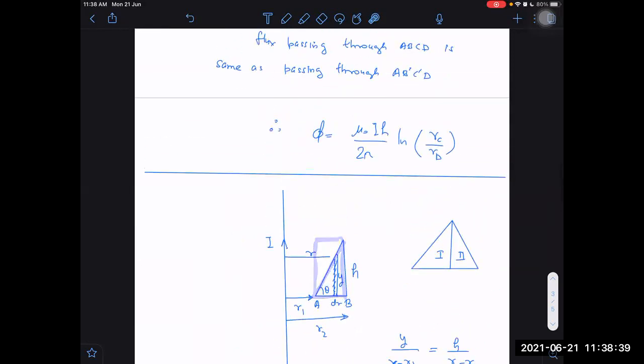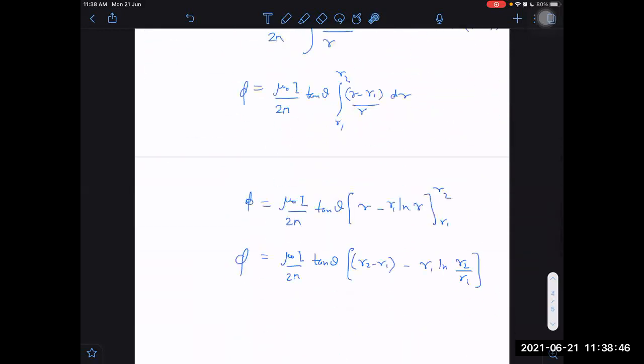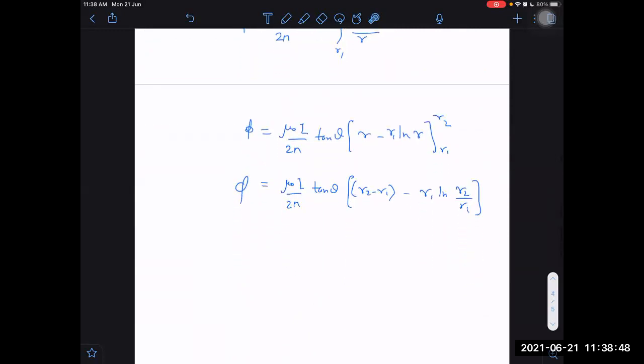What is the total one? The total rectangle has this formula: mu naught I h by 2 pi into ln of r2 by r1. So if I use that here,